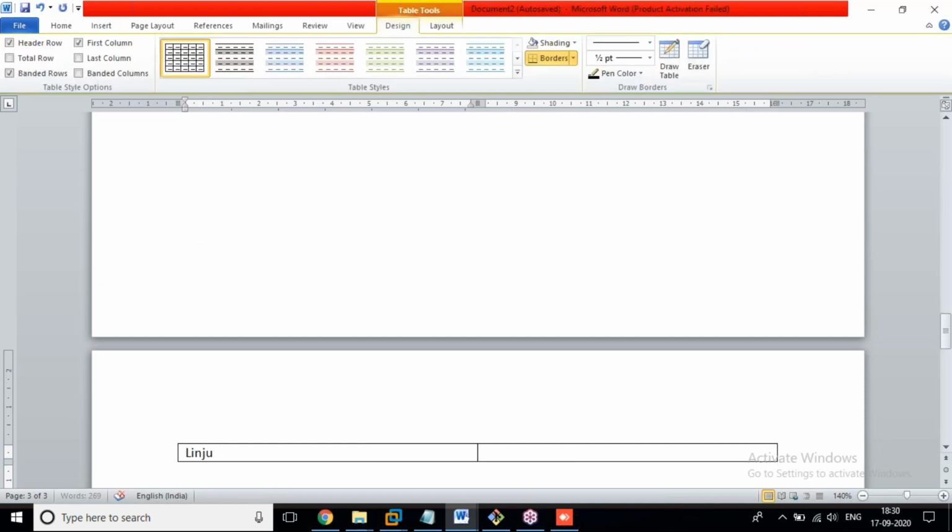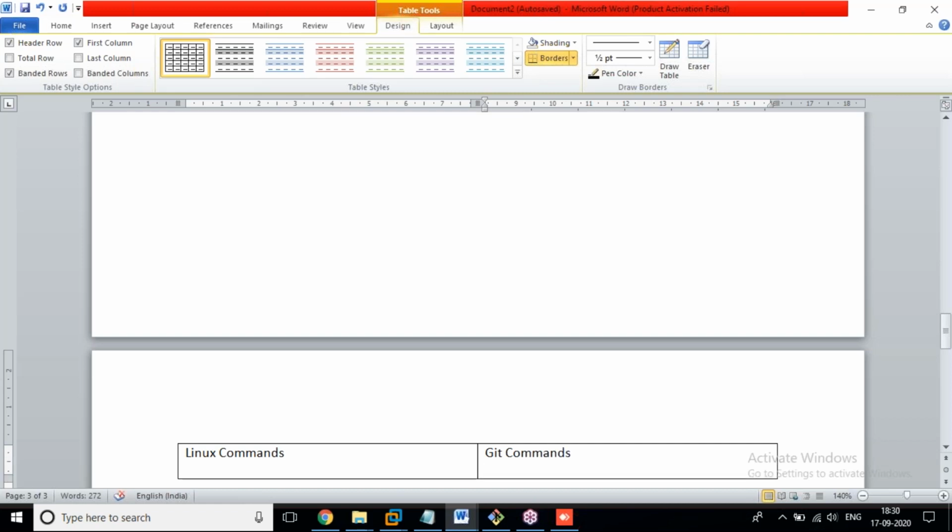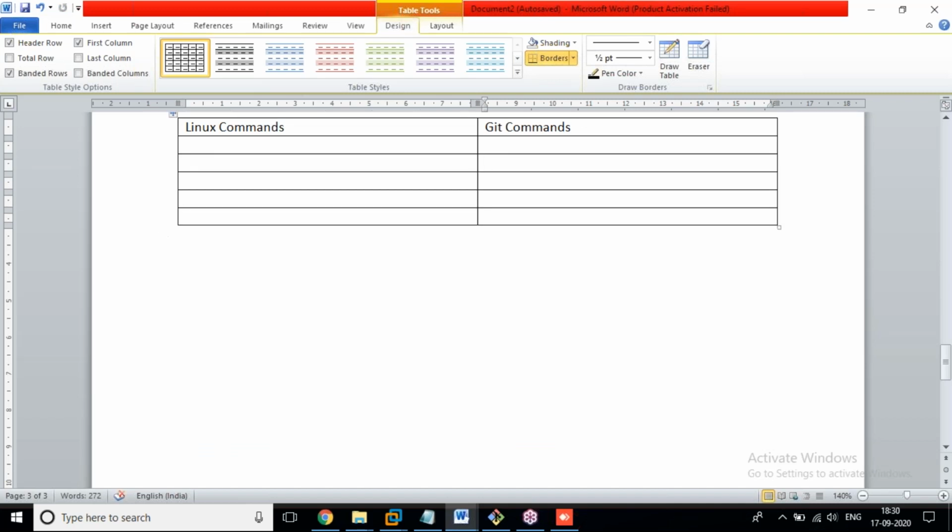Keep in mind, for every Git command, whenever you want to work with Git, first of all we need to apply the parent command Git. Now we are going to use the command ls